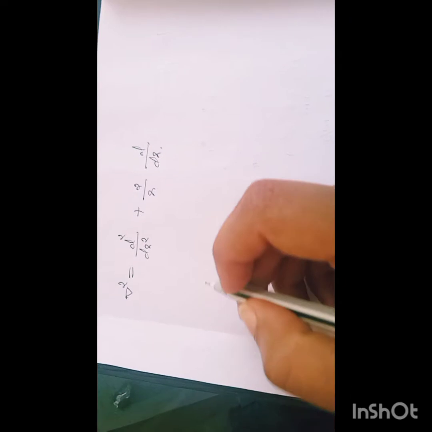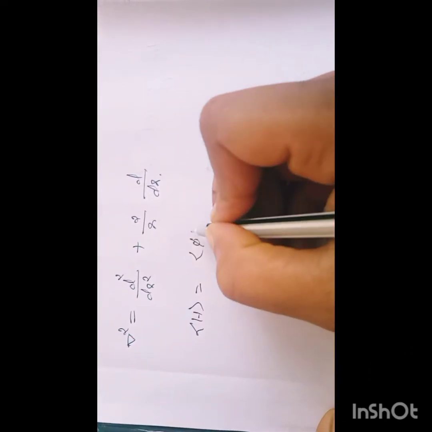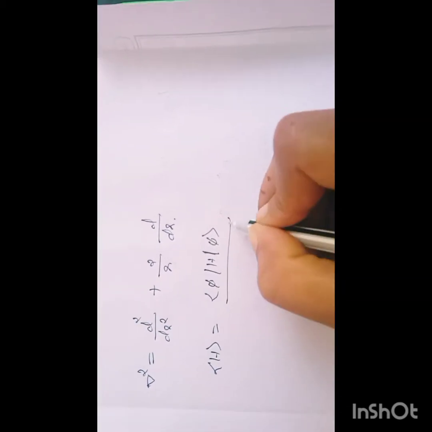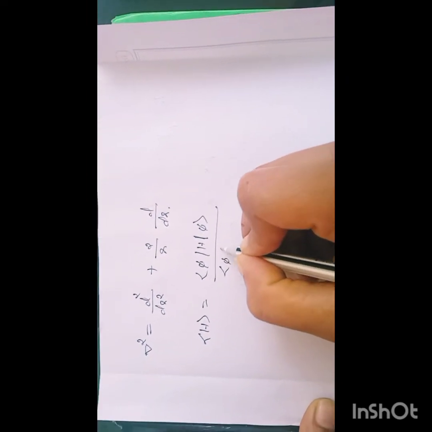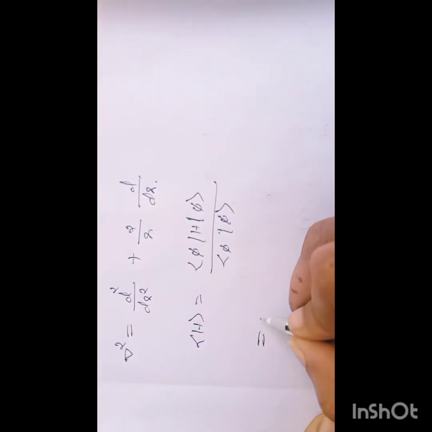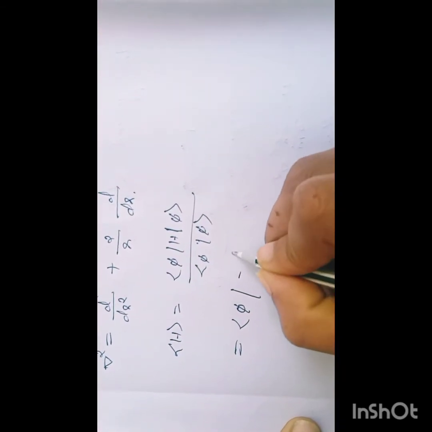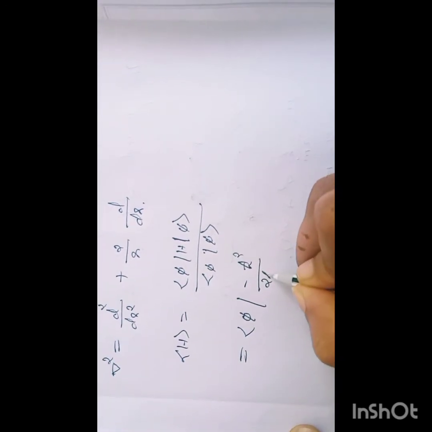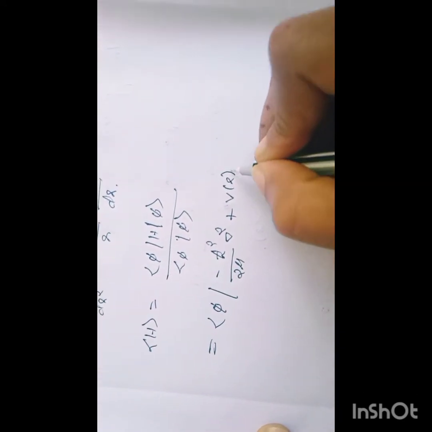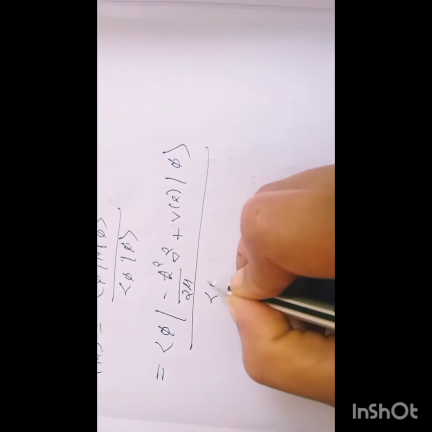Then the expectation value of H is equal to bra phi H ket phi divided by bra phi ket phi. Then apply the value of H. Then the expectation value of H becomes bra phi minus h cut square by 2 mu del square plus V of R ket phi divided by bra phi ket phi,